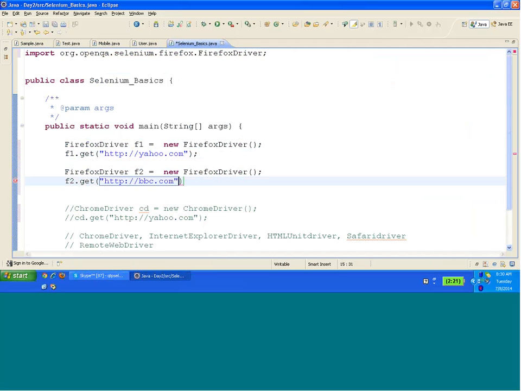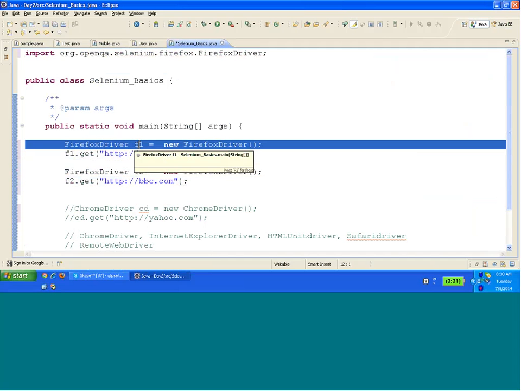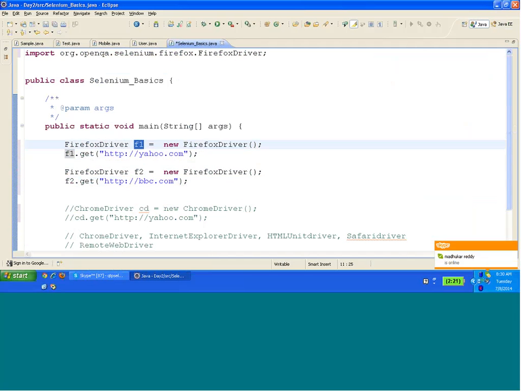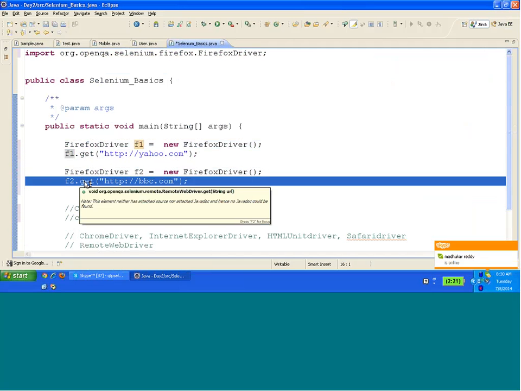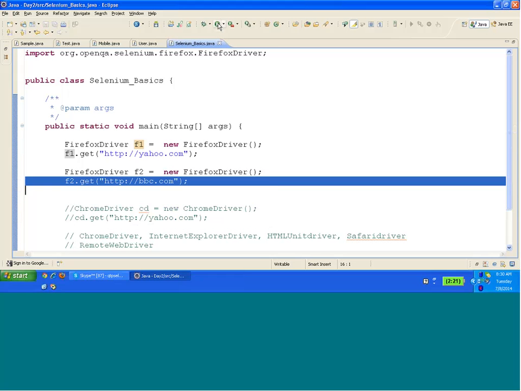bbc.com. So basically I'm creating two different objects of Firefox driver in the memory. Each object has a reference, one has the reference F1, one has the reference F2. Now the first object F1, I'll take it to yahoo.com. The second object, I'll take it to bbc.com. Okay. So when I run this,